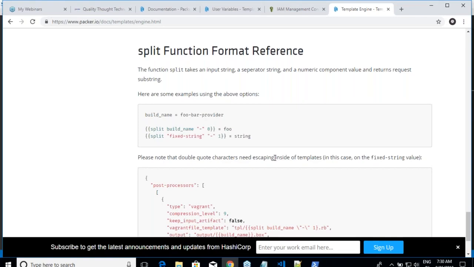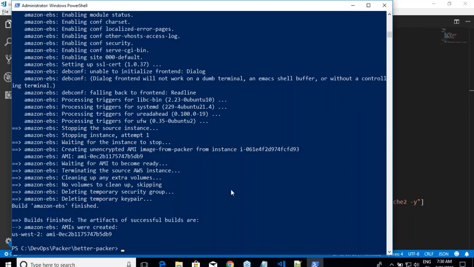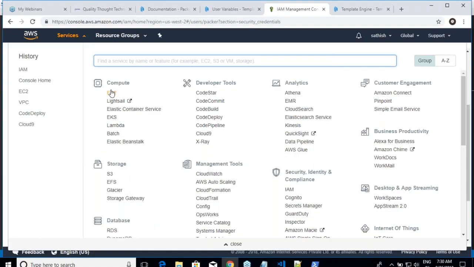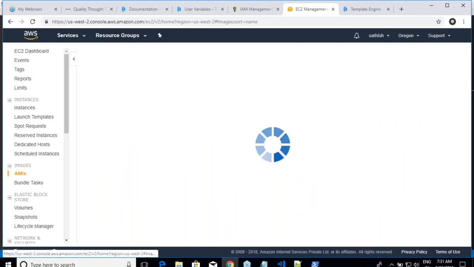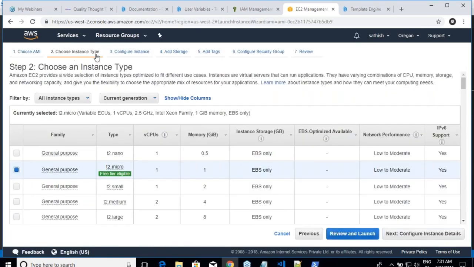Now let us see what has happened over here. Is there an image created? Yes. So let me go over here, Services. Are you seeing the image from Packer? Yeah. Shall I launch this machine? Let us see whether Apache is installed in this machine or not. Next, I'll just go with default settings.